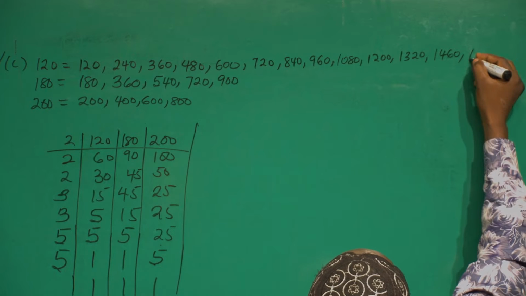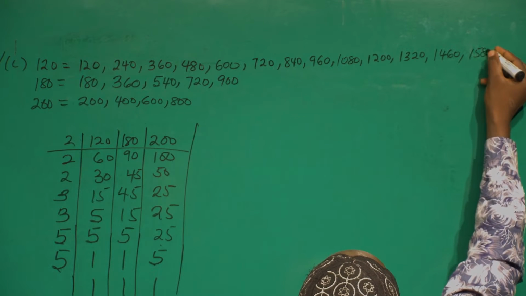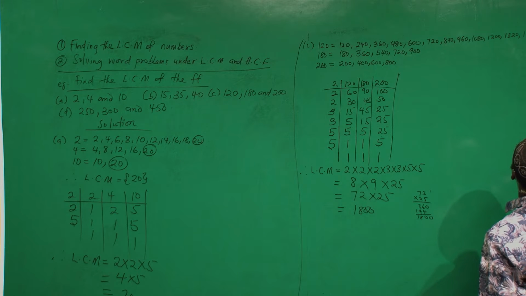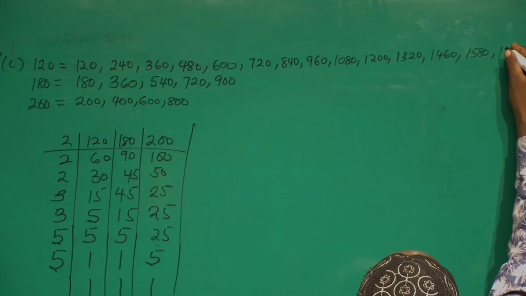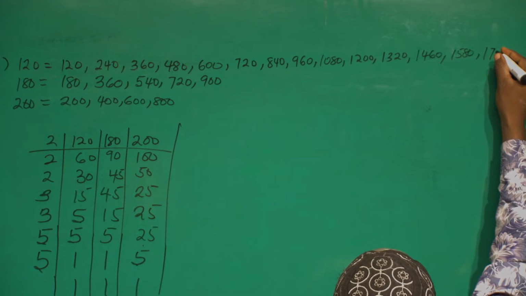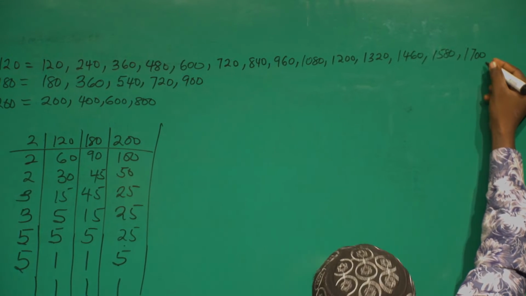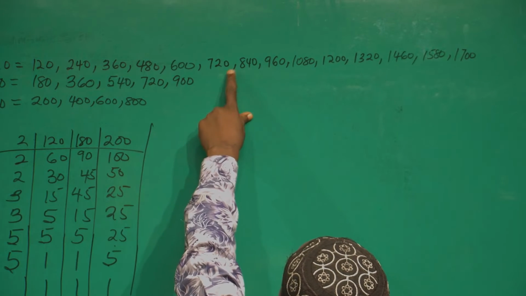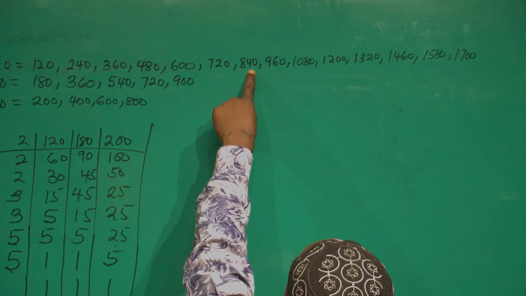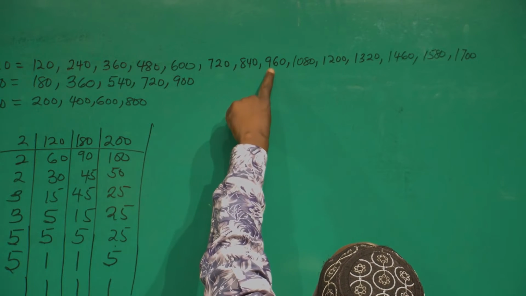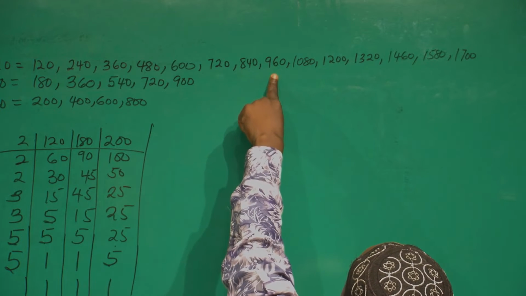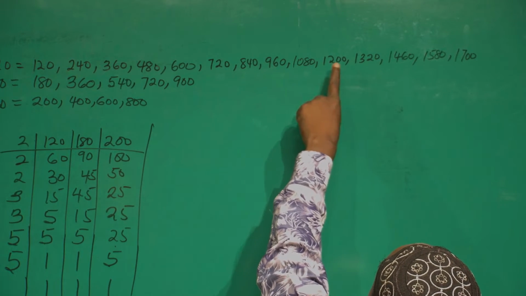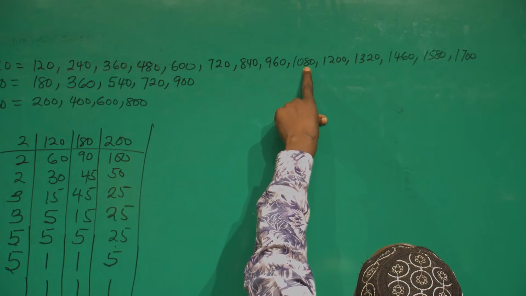We get 1,580. Any problem somewhere? 720 plus 120, 840 plus 100, 940 plus 20, 960 plus 100, 1,060, 1,080 plus 20, 1,100,